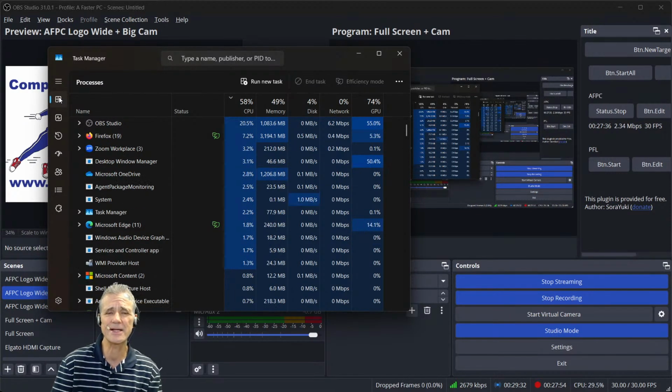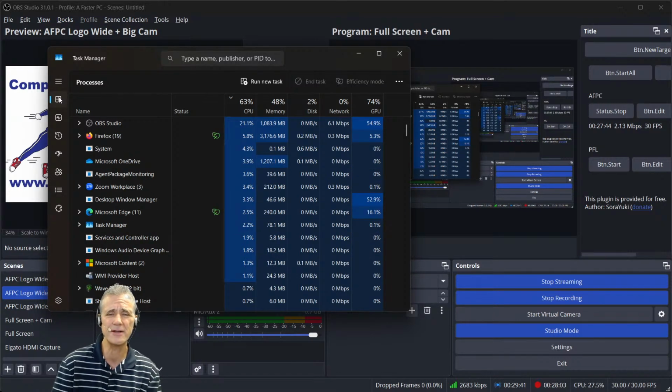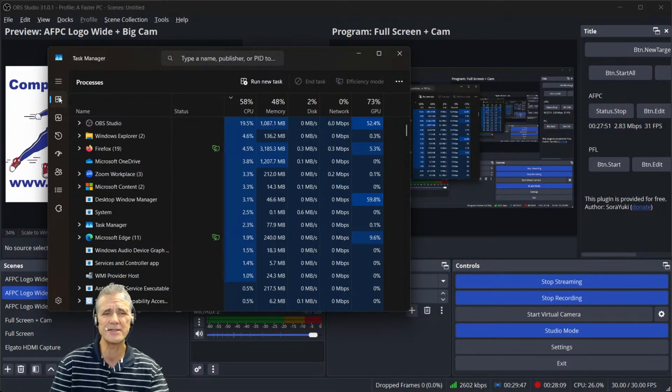Control Shift Escape always brings up the Task Manager, and I do it on the left side of the keyboard because there's the Control key at the bottom left. You hold that down, CTRL, and then you press the Shift key, the one right above that, and then you press Escape, the ESC key.